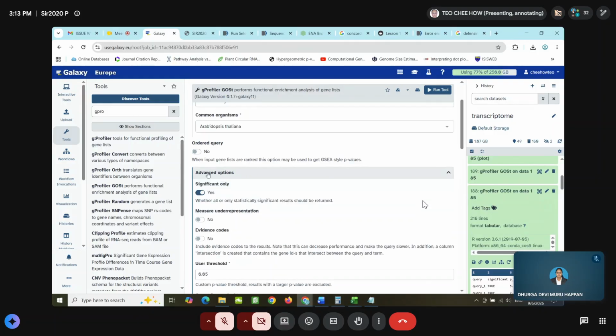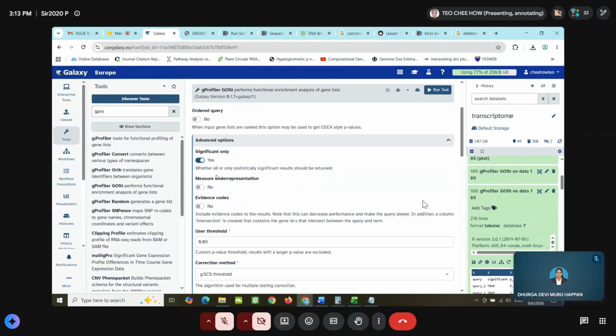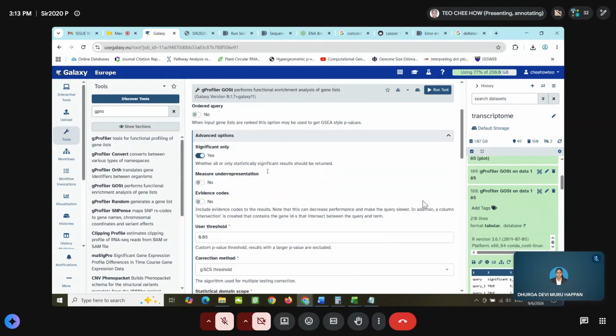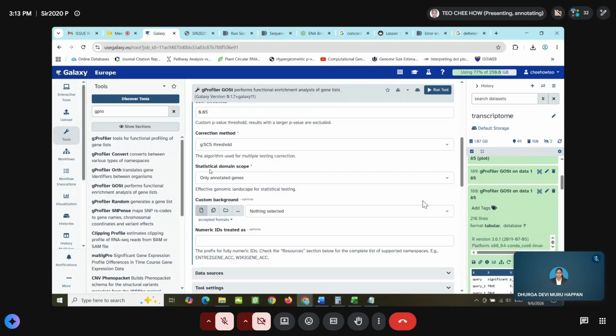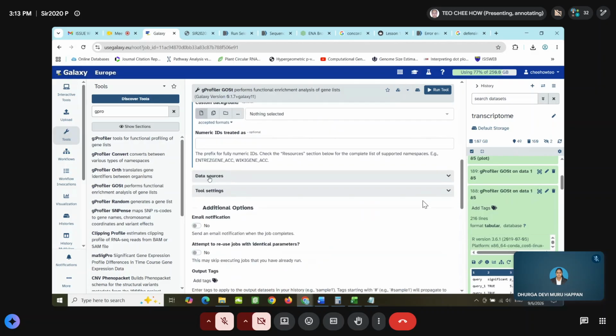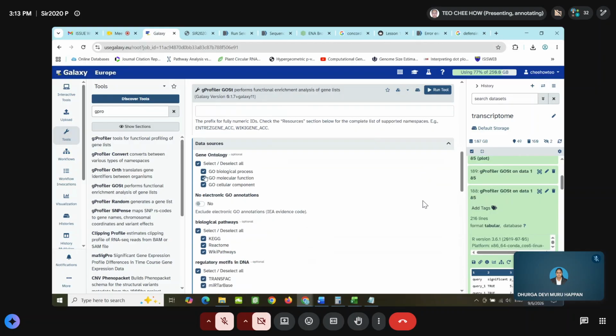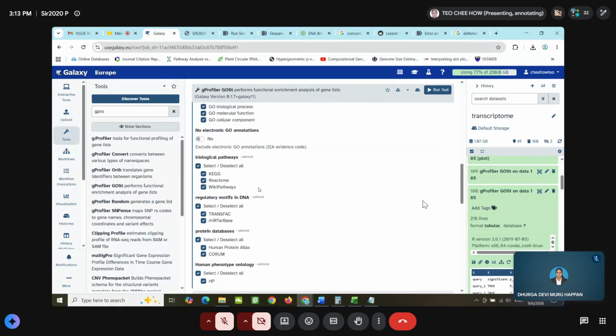And then you only select those significant, meaning the enrichment threshold of 0.05. And you only show the annotated genes. You want to know the result of the biological process, molecular function, cellular components, and also the GO terms, and also you want the KEGG and others.